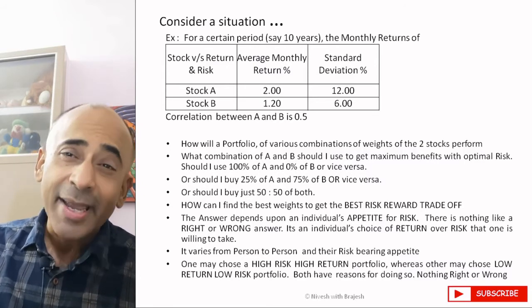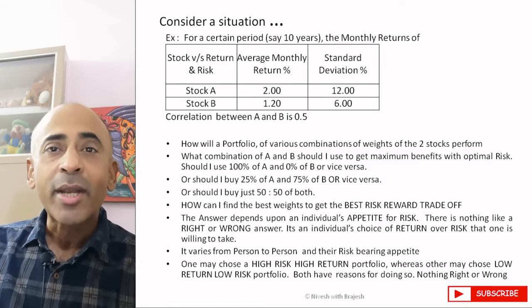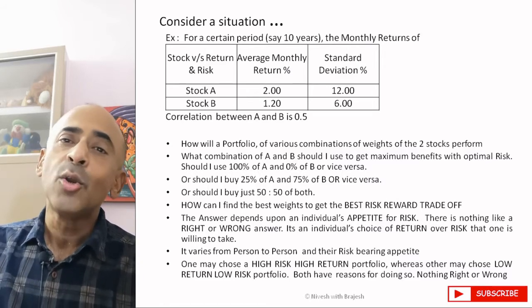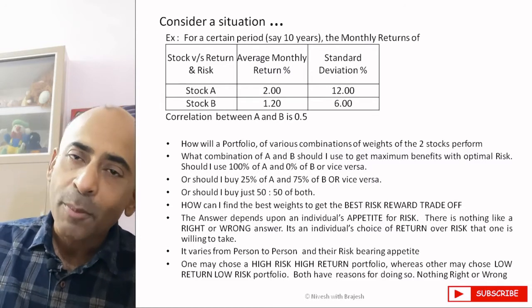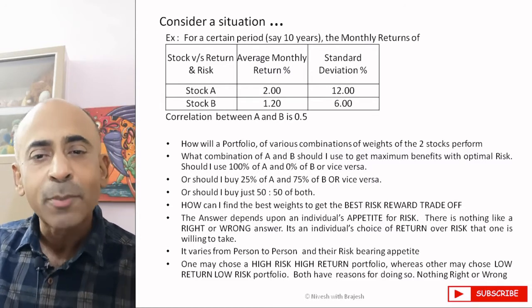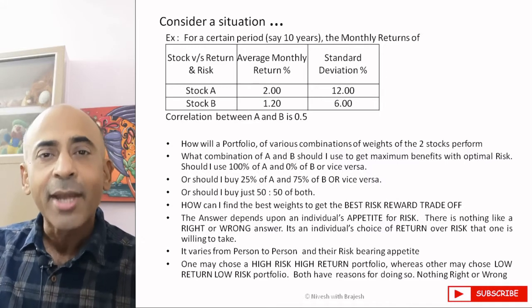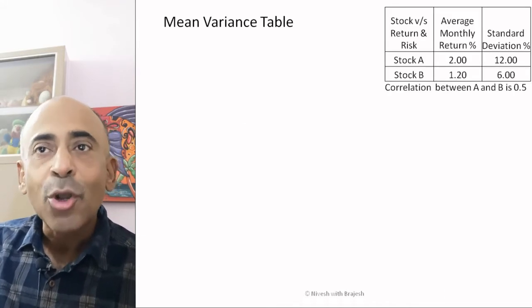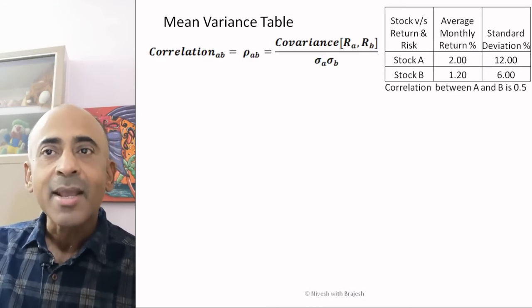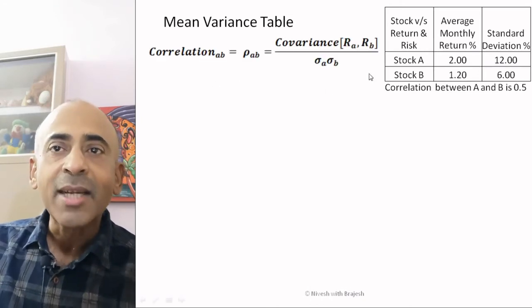Somebody may choose a high risk and high return portfolio, whereas the other may choose a low risk and low return portfolio. Both have reasons for doing so, both have their financial objectives for doing so, and nothing is right or wrong. Okay? Mark the correlation. It's 0.5 in this case,